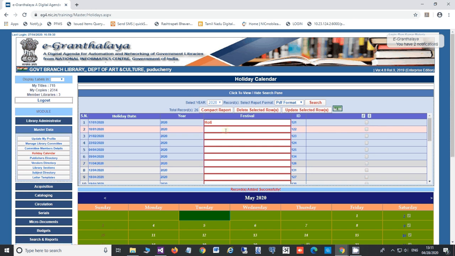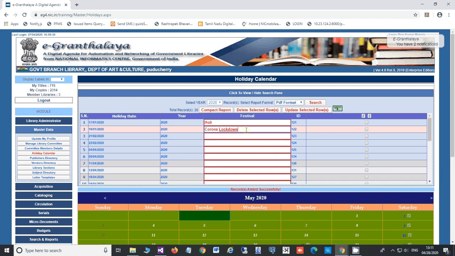Here you can make one modification for each day. You can write the name of the festival or the reason, like I am entering on a particular day, this is the corona lockdown day.